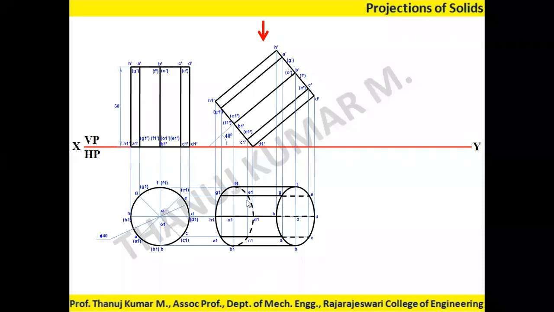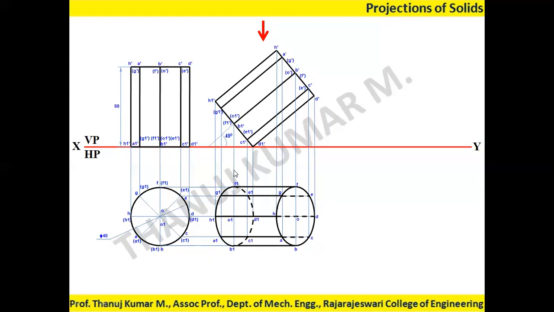Keep in your mind, from this portion, that is E1 to E, if I'm drawing the line, I have to draw a visible line from E1 to G, and from G to E should be a hidden line. From G to G1 it is a visible line. This portion is overlapping. Because of that reason I have drawn a visible line. Similarly here also, and with A1 also.